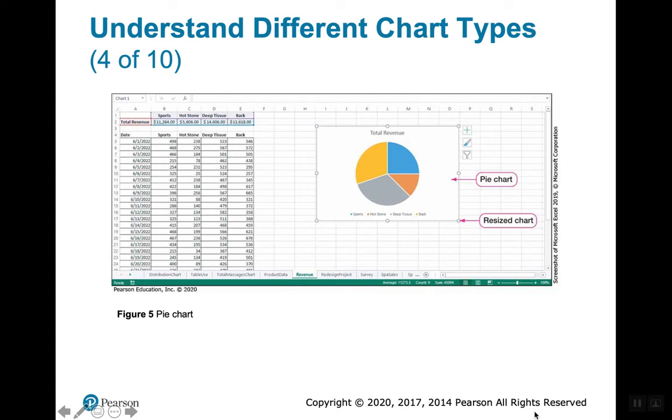All right. So for example, if we wanted to use a pie chart, we want to tell a story of, okay, what's a breakout of our total revenue? We have a total revenue number here. And what we do is we just simply take this number, create a chart out of it, and what it will give us is a pictorial breakdown of how